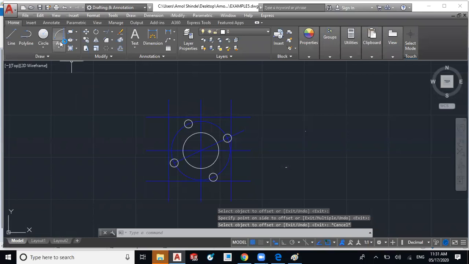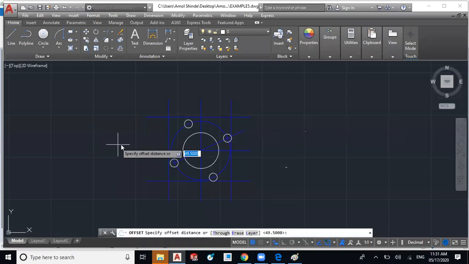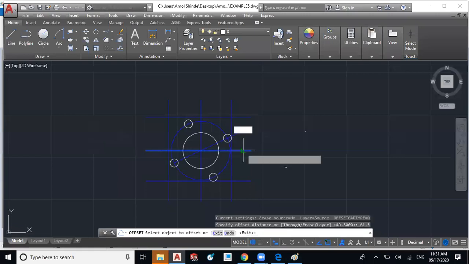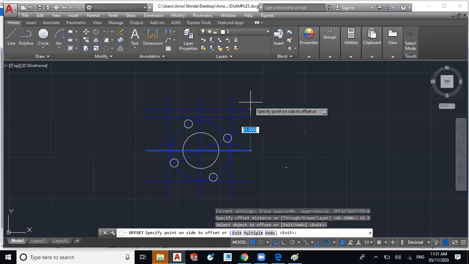So select offset, distance is 61.5, enter, and select this middle line, drag up and left click.